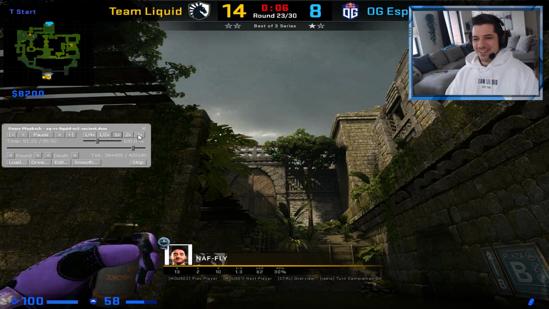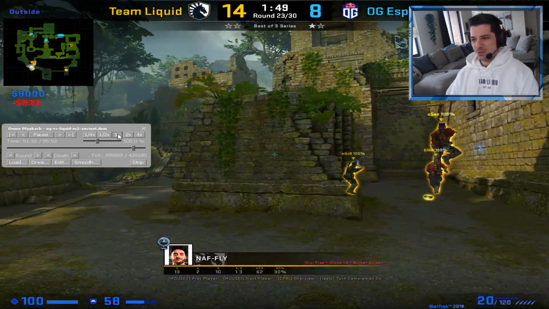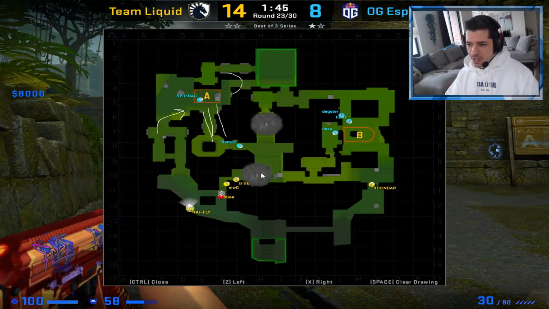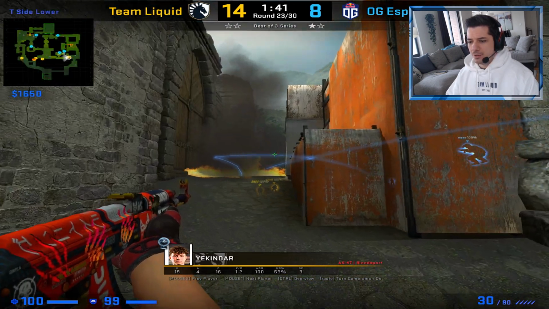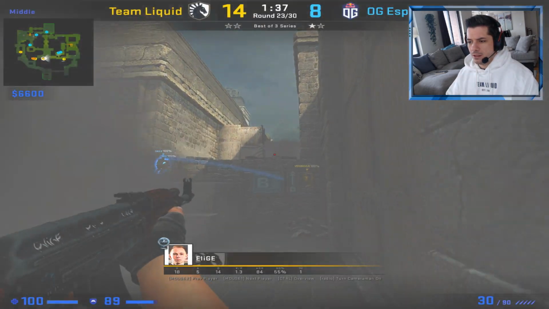Okay, so NAF with the instant house smoke once again, same lineup from before. Comes to our mid. So they've been doing feign mid control a lot, and now it looks like they're actually, so they smoked and flash, and NAF's lurking A. Yakindar is going towards B. They are being more aggressive in